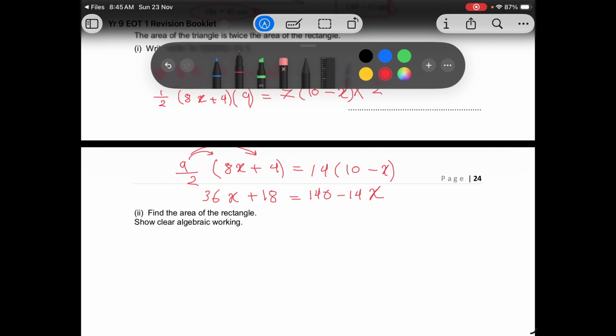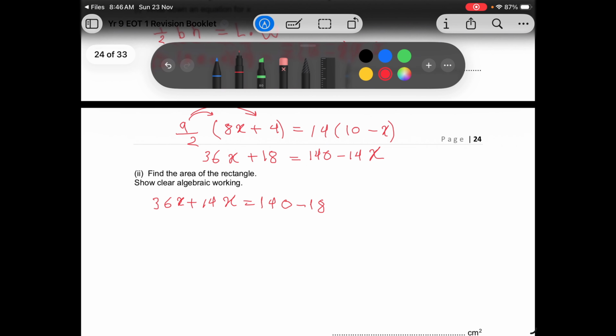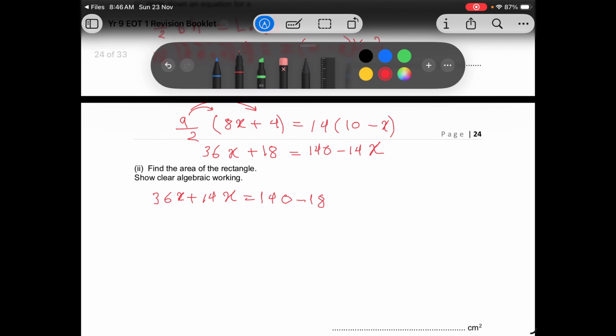Then I will collect all x's on one side, all constants on the other side, so it will be 36x plus 14x equals 140 minus 18. And if you add here, it will be 50x equals